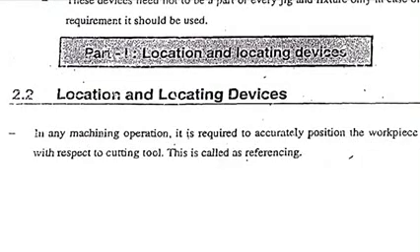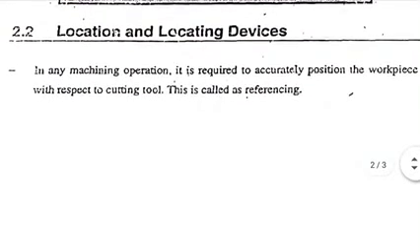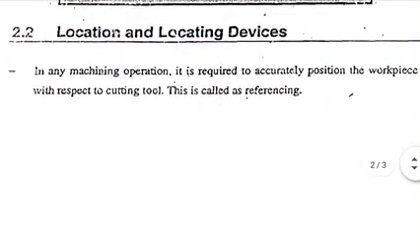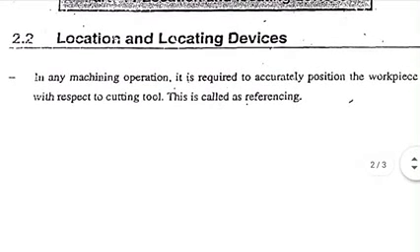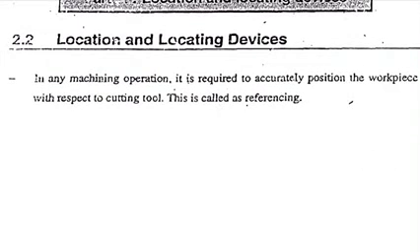Now you have to understand the three different parts. The location and locating devices are the devices that will be used to position the workpiece with respect to the cutting tool.